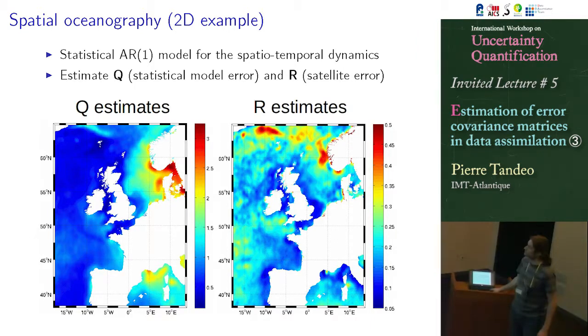But we try to estimate, for all the pixels, the spatial and temporal correlation length. I will not go into the details of that. What is interesting, and the focus of this presentation, is how good is my model? This is the error of my simple statistical model, and how good are my observations,